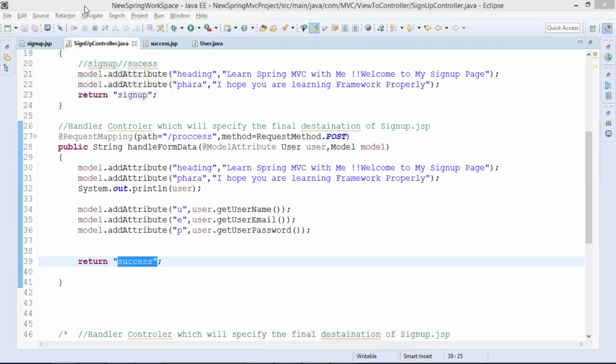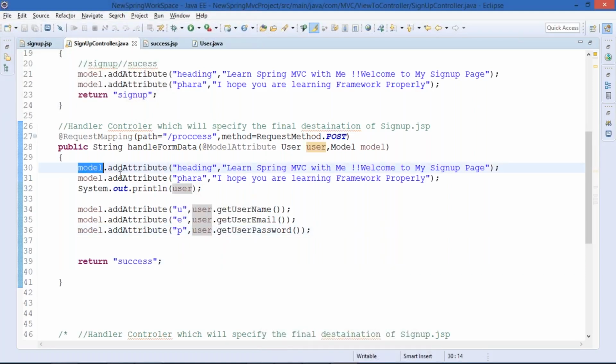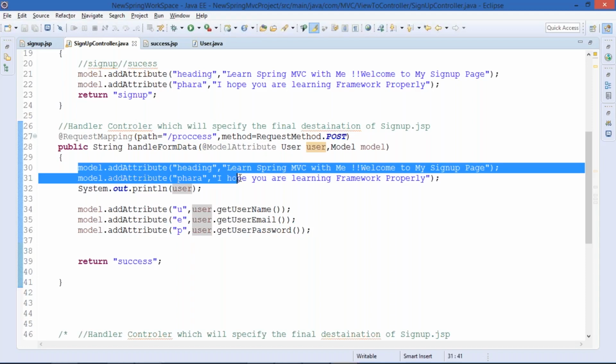Along with this, ModelAttribute has one more functionality. That is, we can declare the code somewhere, and with the help of ModelAttribute, we can call it wherever you want. So now I will not write these lines of code twice. I will write them only once, and it will be printed wherever you want. For that, we will declare a method, and just above the method, we will use one